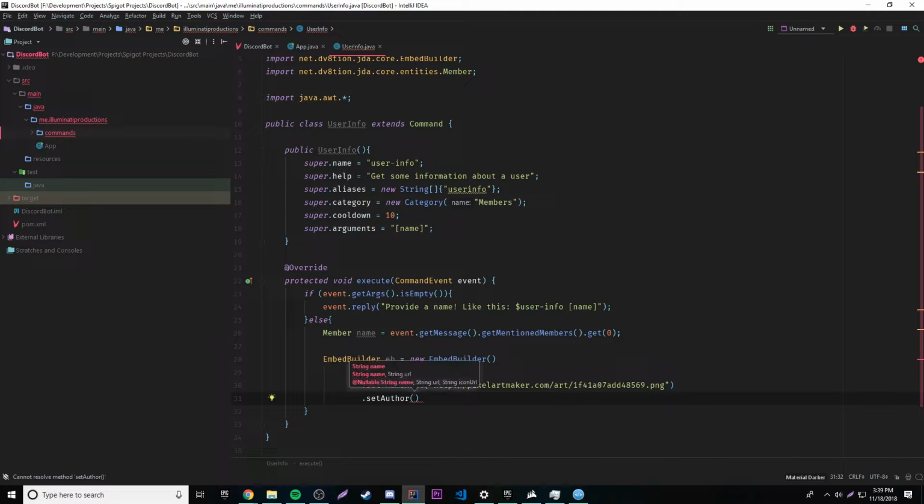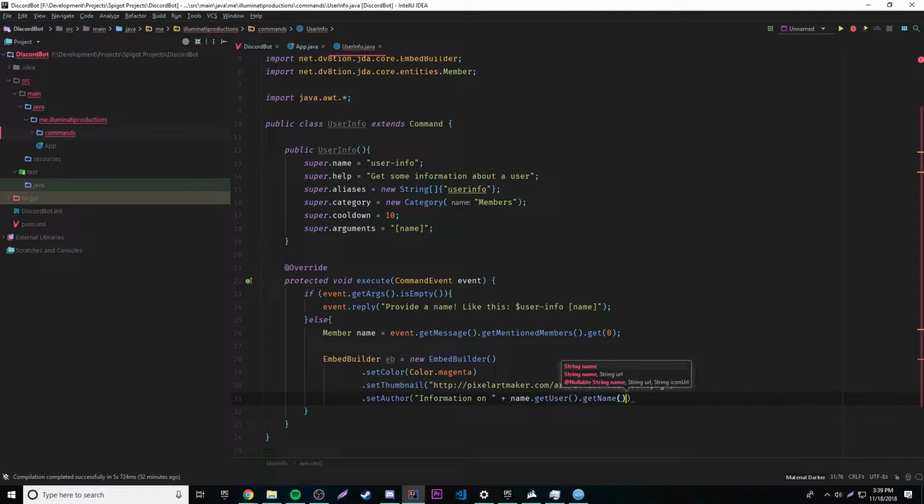And we're going to use set author rather than the set title method, because the set title method is actually smaller in terms of font size than the set author method. So basically we're going to use the set author method as a title, and I'll show you what I mean. So let's do it like this. So information, and as you can see, the first parameter is going to be the string name. So we're going to do string, information on, and look at the name of the user. So we can do